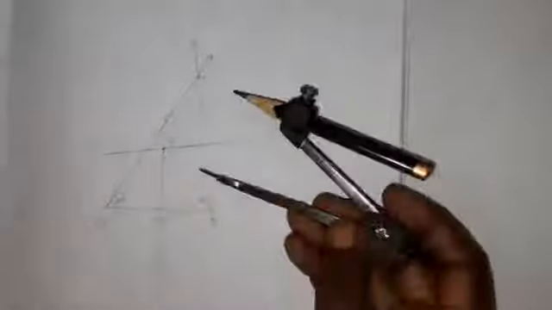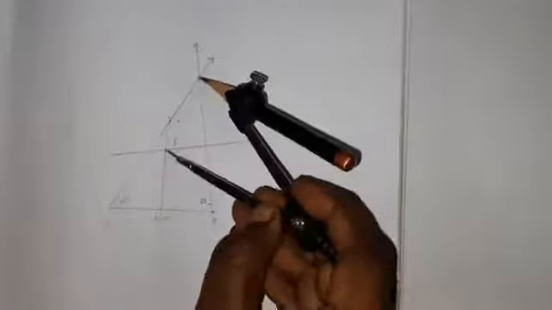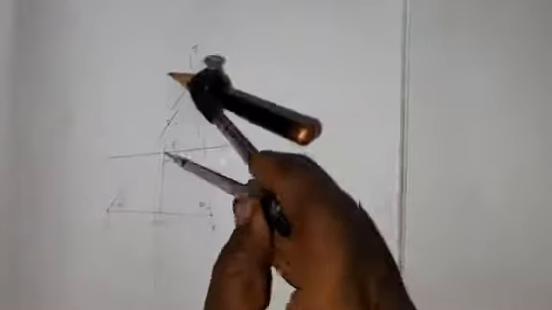That S is called the circumcenter. After that, take a compass and keep the compass needle at S. Extend the compass up to any one of the vertices, here up to A. Next is C, next is B. See that everything gives the same distance. Keep the compass needle at S and draw the circle like this.